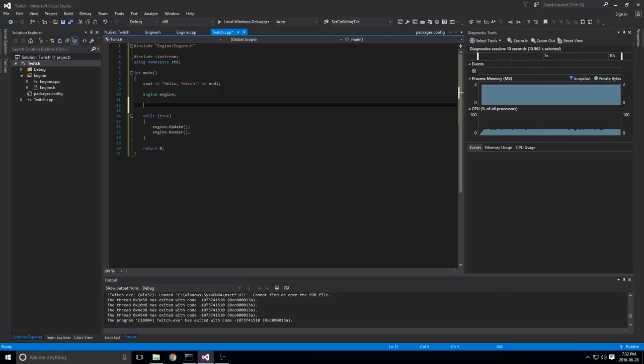There's nothing there. So we're going to call engine.initialize. That would help, right? And we've already set up our width and height in the engine itself. We could change that so that we pass it in through here as well, to have a little bit more flexibility, which we probably should, but for the sake of this project, we should be okay. So we're going to pass in a window title, and we'll say Twitch! Okay, so now initialize is going to get called. Everything's going to set up properly. Then we can go into our infinite loop and update and render our engine.